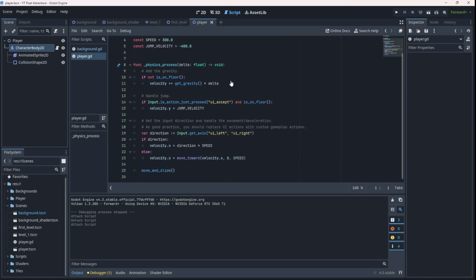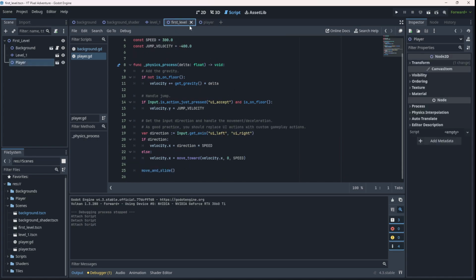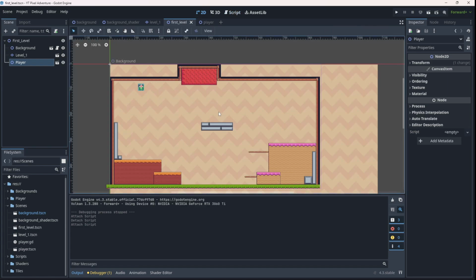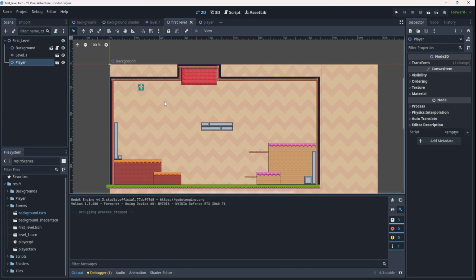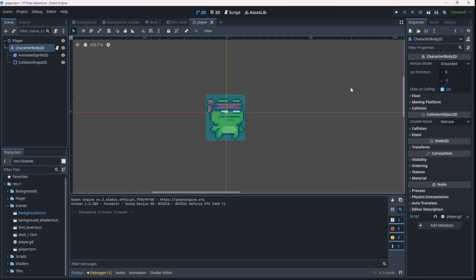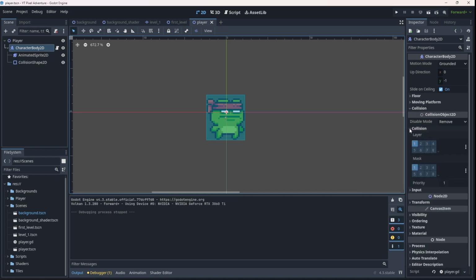So now if we save, return to the level where we've got the player, if we run this at the moment, the player will fall through the level. Okay, and there you saw the player go straight through the level. And that's because our player is not colliding with the level. If we go to the collision,